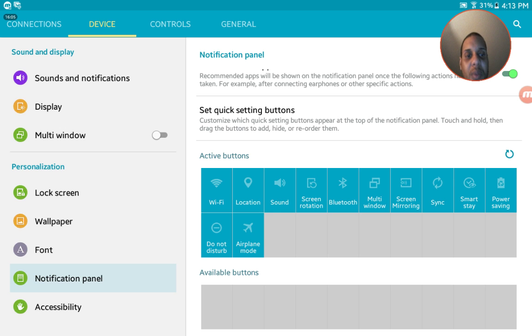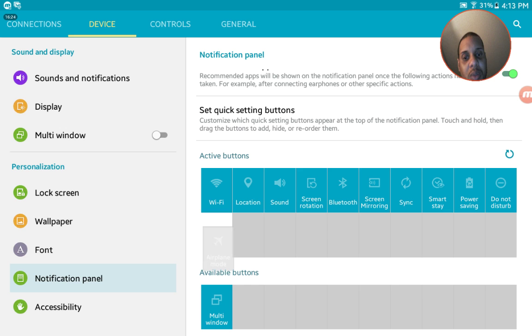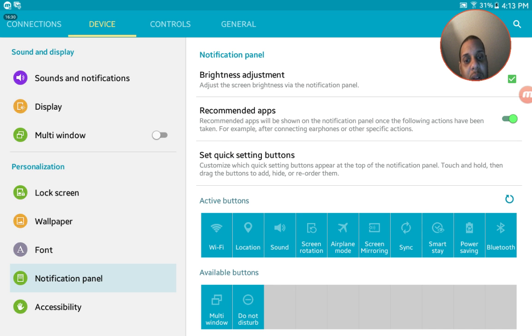Okay. So whatever you want to take off of here to have as available, you can take it off to have it there as available. Like I probably would take multi-window since I don't use it, and I put multi-window there. You can arrange them as you want as well. Do not disturb. I don't use that. Bluetooth. I use Bluetooth. I don't want to use location,